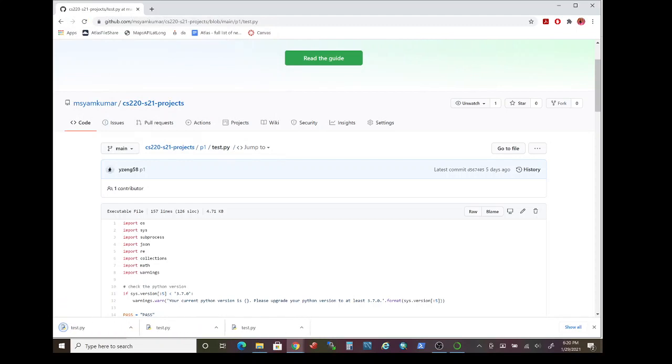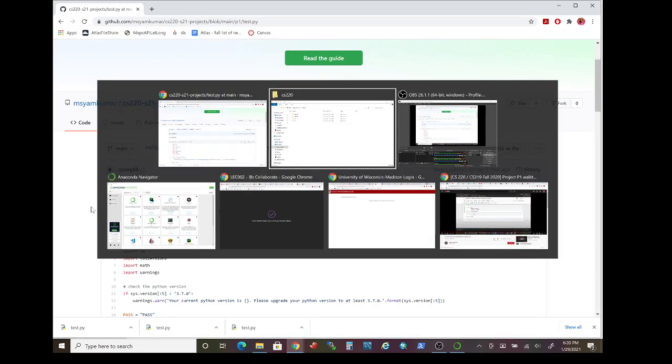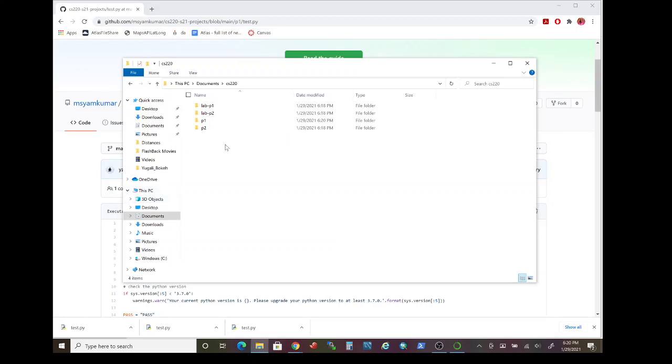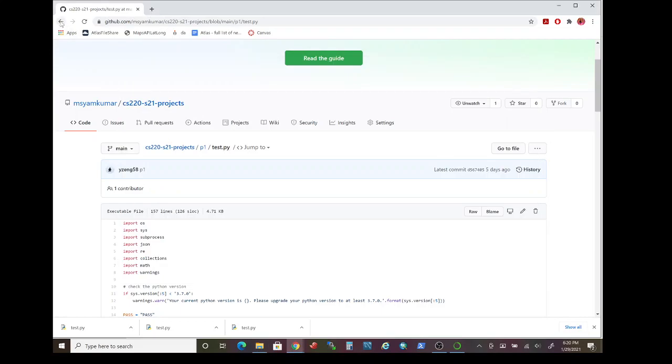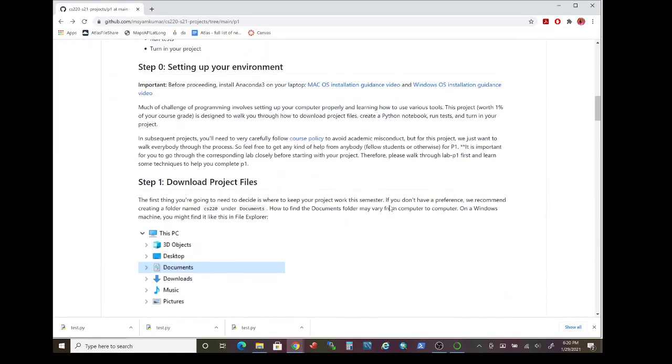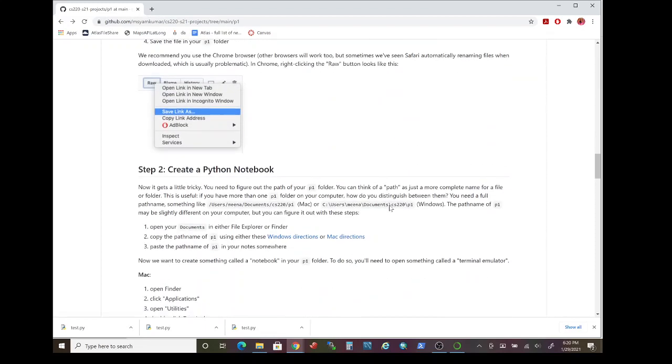Let's switch back to the File Explorer. Let me show you a keyboard shortcut for that. You can press both Alt and Tab on your keyboard together. When you press Alt and Tab together, that will show you a list of all the currently running applications. And I'm going to switch to the File Explorer. Double click on P1, verify that you're able to see test.py, and I'm going to hit the back button here. Let me hit the back button on my browser,